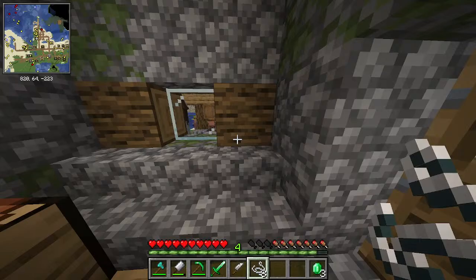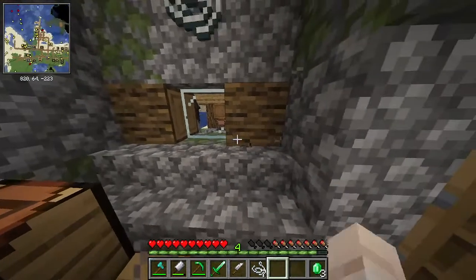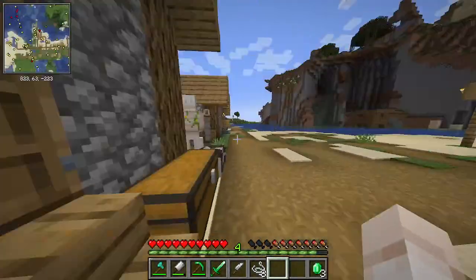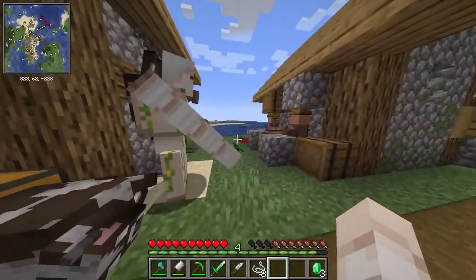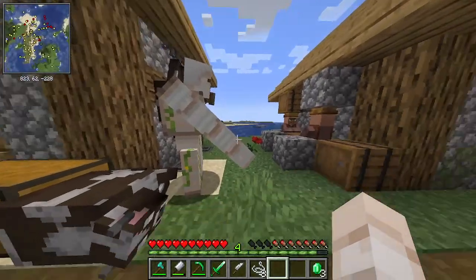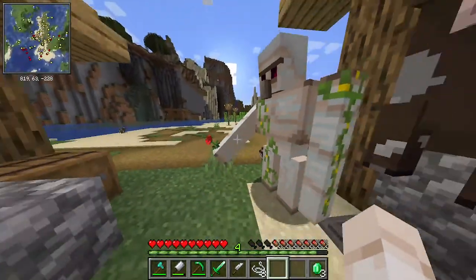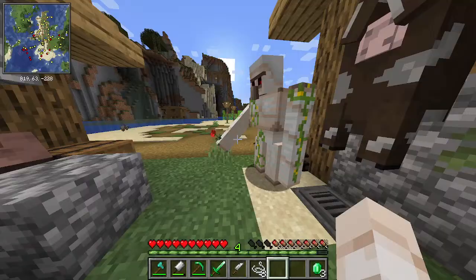As you can see, when you eat any type of food, it gives you all of the effects that an enchanted golden apple gives you. So regen, absorption, resistance, and fire resistance. This also applies to the lava chicken. The lava chicken will also give you those same effects, including the lava chicken effect, which gives you